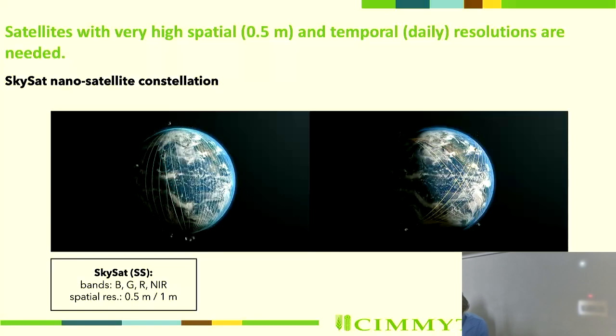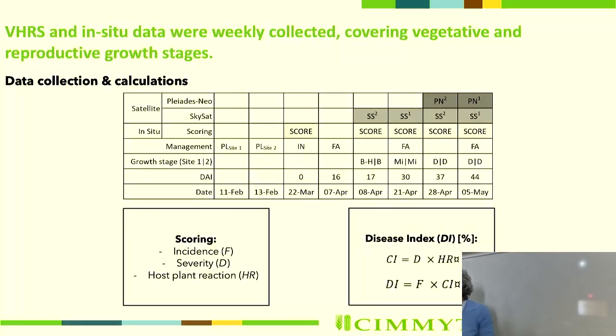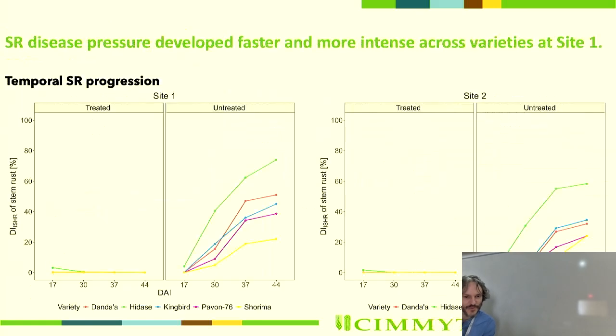Now it's here again, my data collection slide. So we collect the data on a weekly interval. Let's look at the disease progression. For the different sites, as I mentioned, site 1 was with the weekly irrigation, even in the time window where we had no rainfall. And you can see basically that